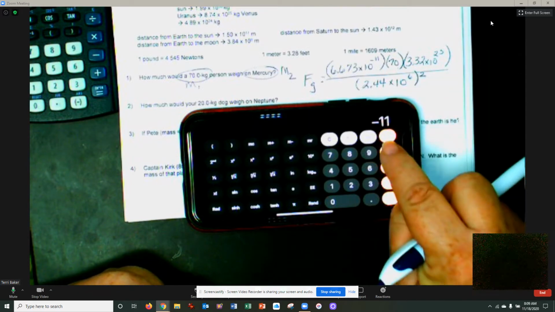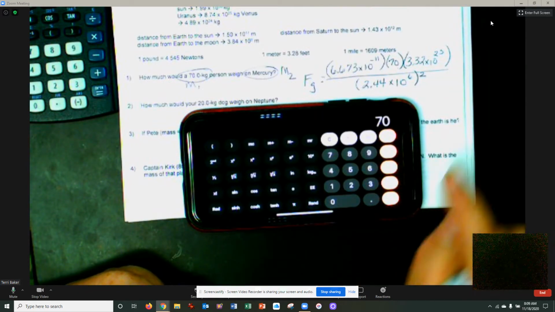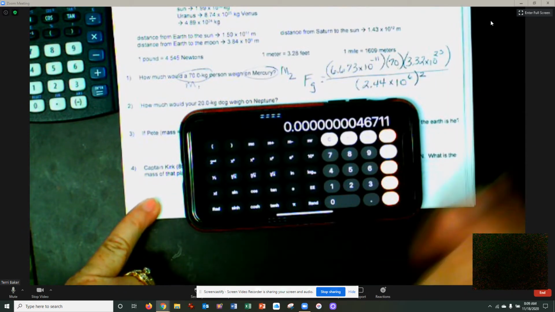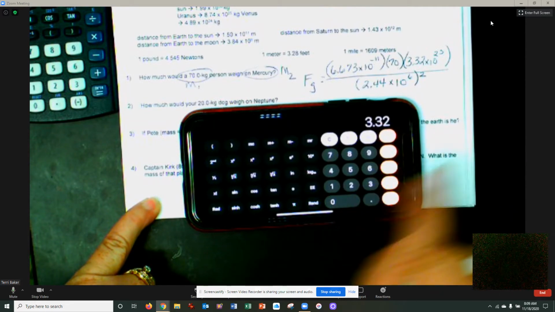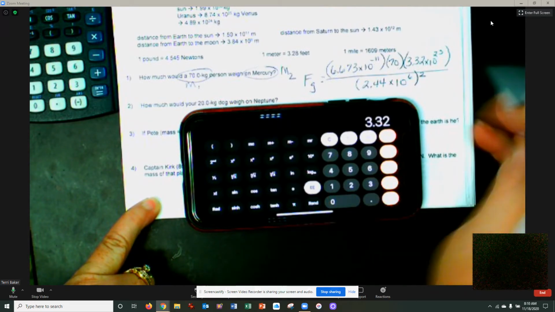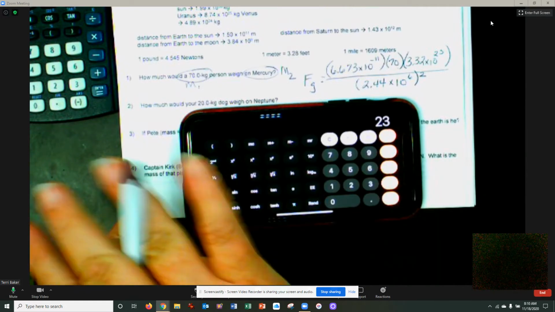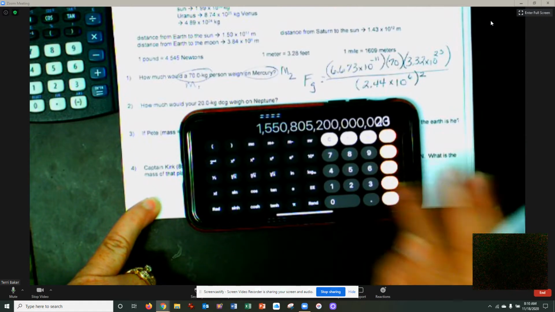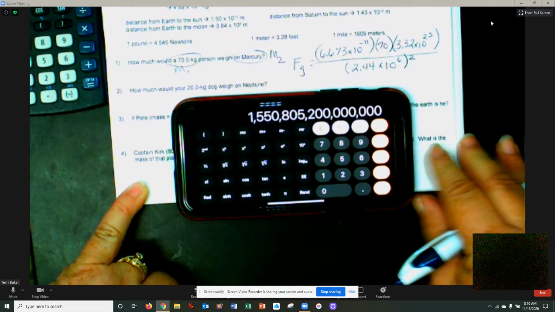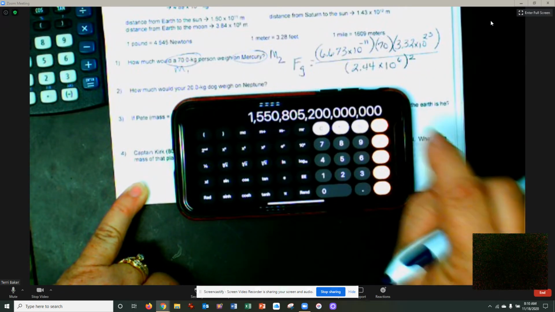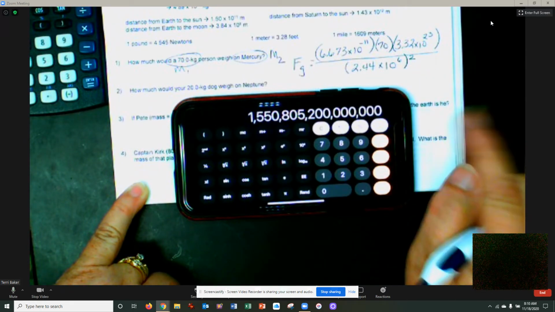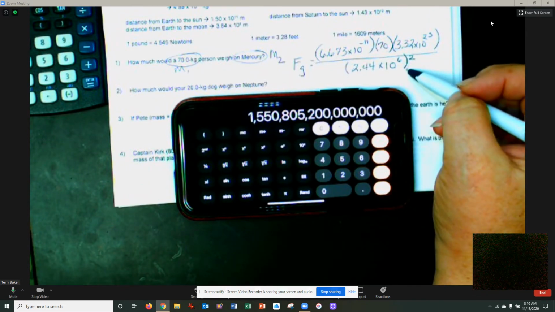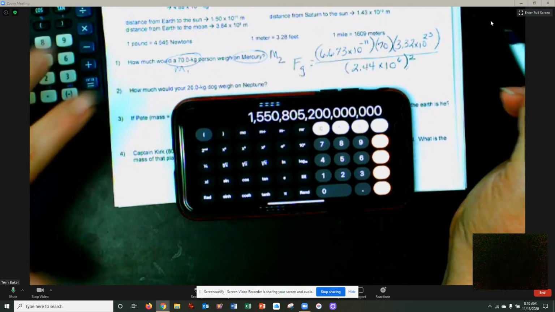Multiplied by 70, so go times 70, times the mass of Mercury. So 3.32, hit the EE, and I'm going to put 23. Now I have put in all the numbers for the numerator. I usually just go ahead and hit equal at that point. Now you need to put in the denominator. So you're going to go divided by, and because the iPhone sometimes is quirky, I would go ahead and put this part in parentheses. So open the parenthesis,